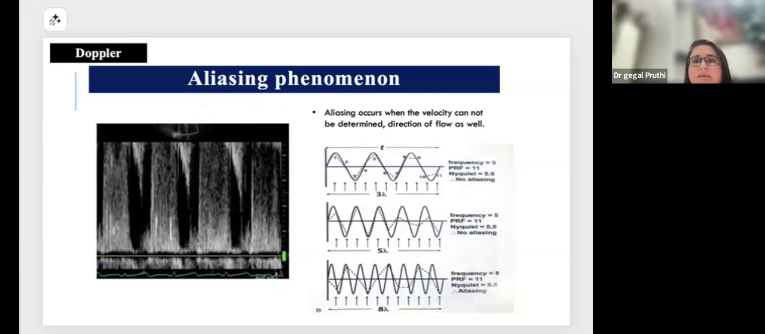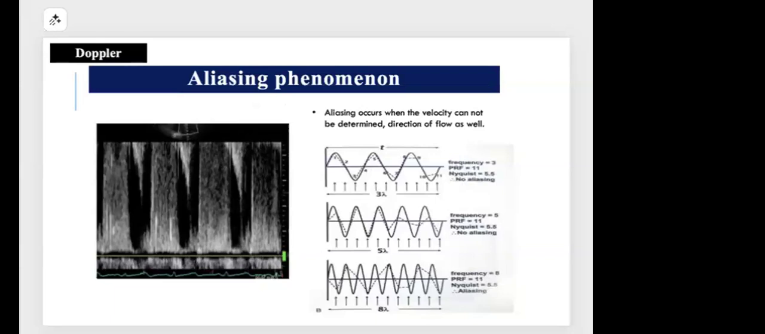Anything you want to add, sir? Yeah, it's correct. So what happens in pulse wave Doppler? There is only one crystal which is firing. So before the next pulse is generated, the previous one has to come back. So if velocity is more than half of the pulse repetition frequency, we can see the wraparound image, and that's why aliasing occurs. And that's what it is. So next question is,